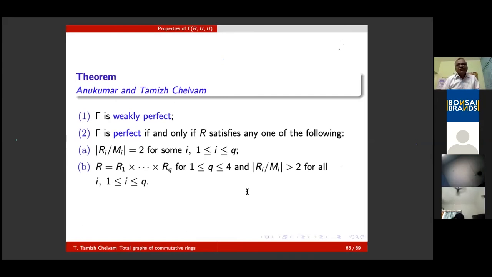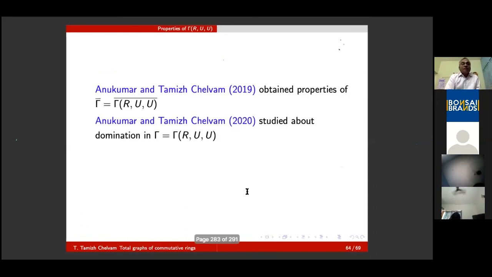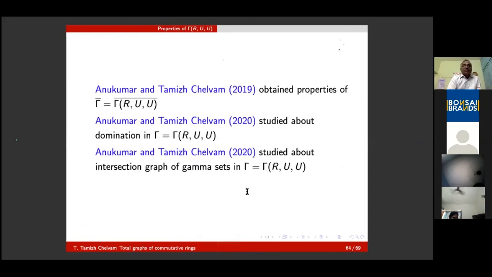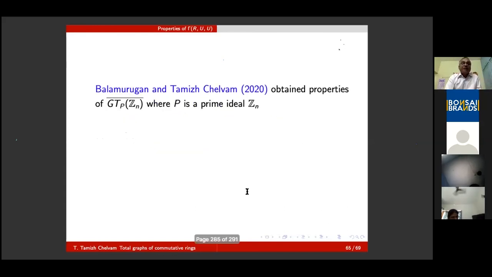Of course, these results have been published in the Journal of Algebra and Applications, the Worcester Journal of Mathematics, which is still in the accepted stage, and the Indian Journal of Pure and Applied Mathematics. All these 3 papers are going to appear only in 2020. Still, proof work remains, and they are at the stage of online availability.